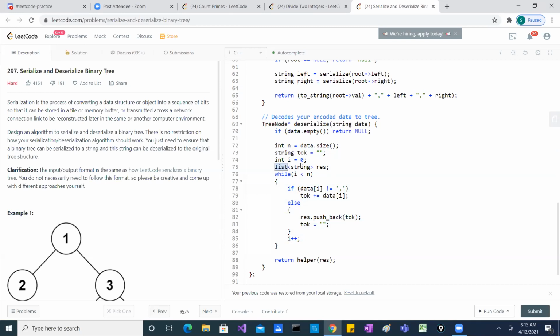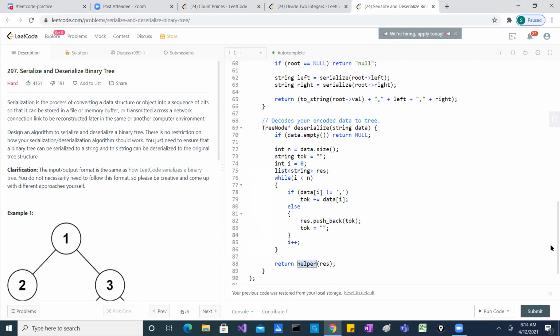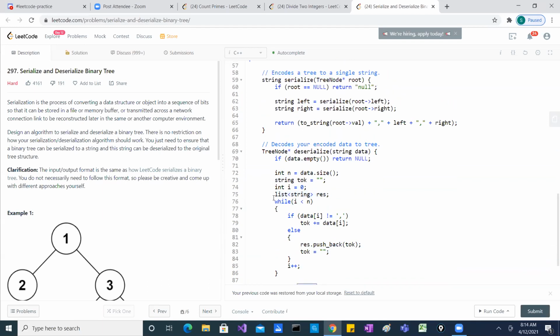I could have made this list of strings integers also, but I'm not doing it because the null is actually a string value, so I want to preserve that. I'm just creating a linked list of all these values, removing all the commas, so every node just has the string value of the nodes. And then I pass this to the helper function along with that list of strings.